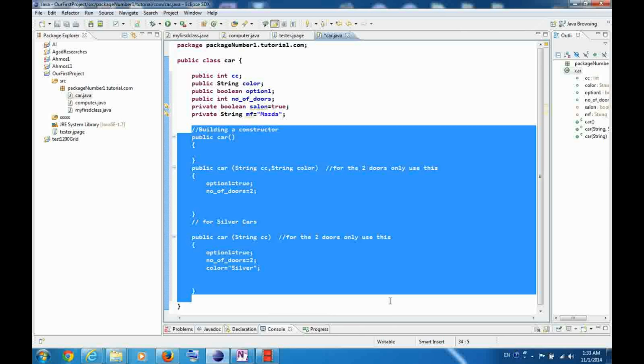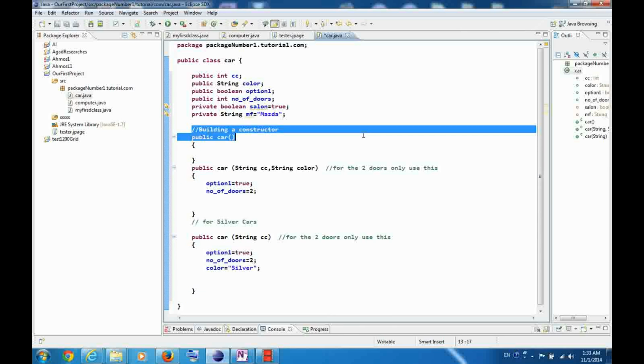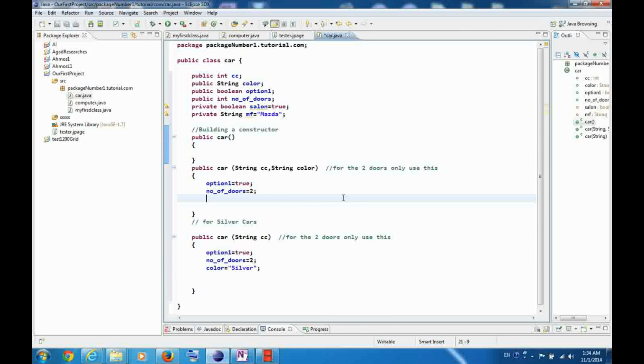Even if you don't have all these lines, it will work and you can create objects, but it's better to have this. In order to have a car with 2 doors only, and a car for the variety with silver and 2 doors,